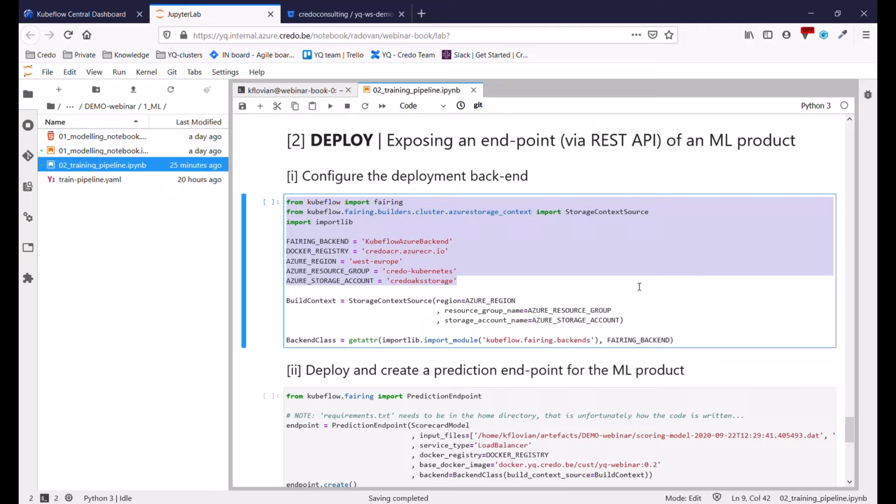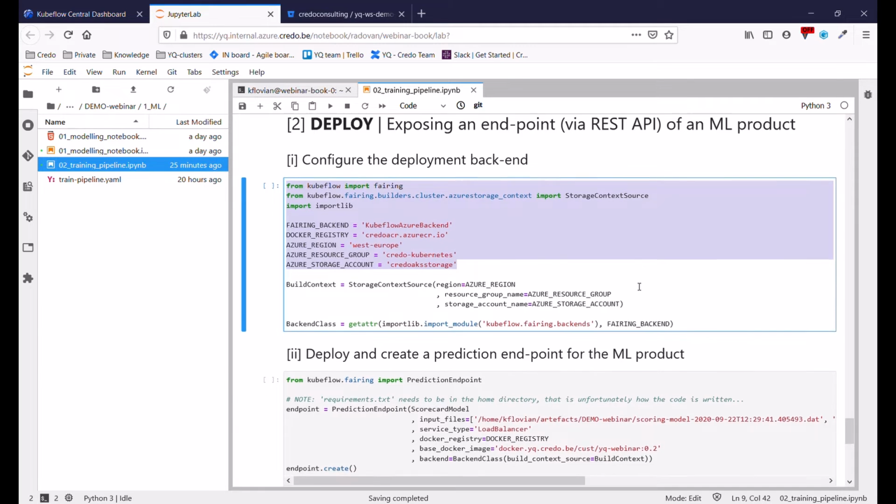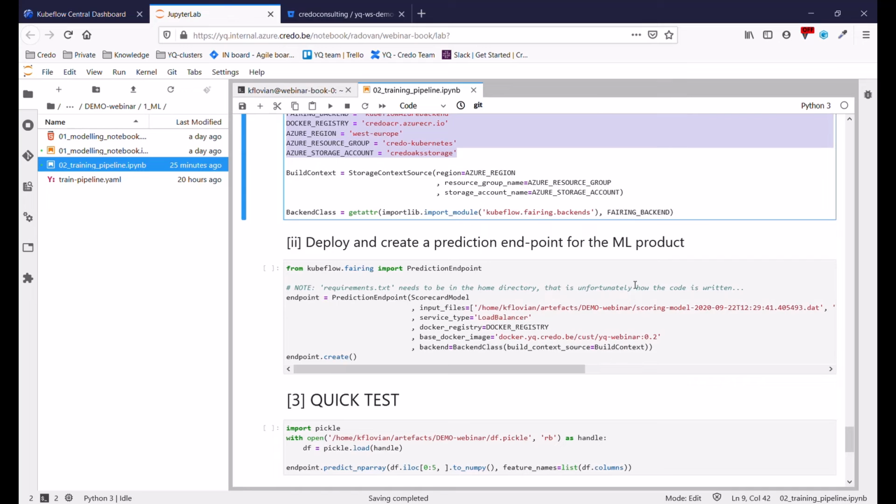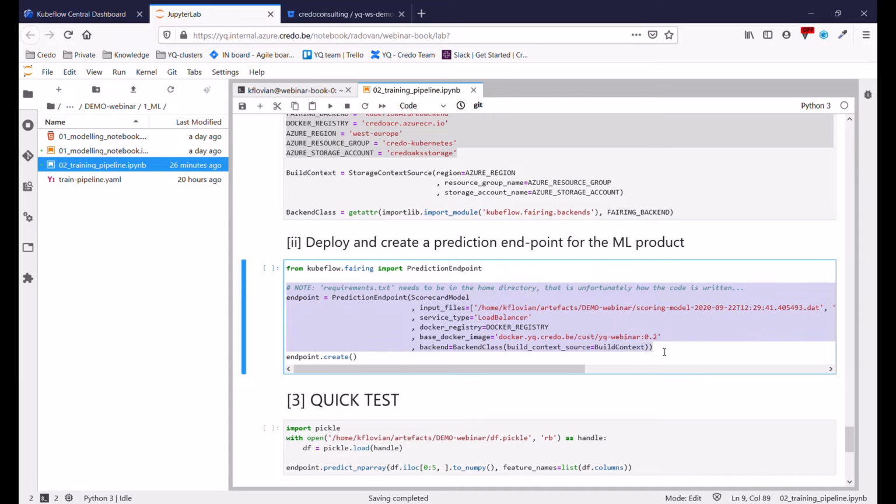And here I'm basically configuring which cloud I'm using as a backend, which container registry I use to store my Docker images containing my model, and so on. The actual build and deploy process is streamlined by Kubeflow for me. And for me, the process boils down to specifying these few lines of the code where I specify which